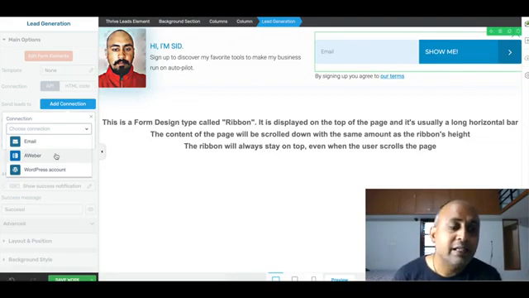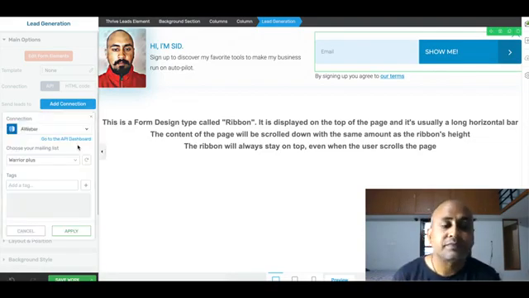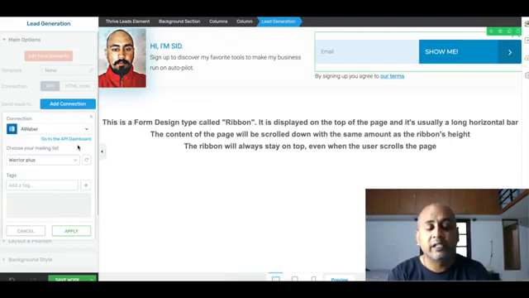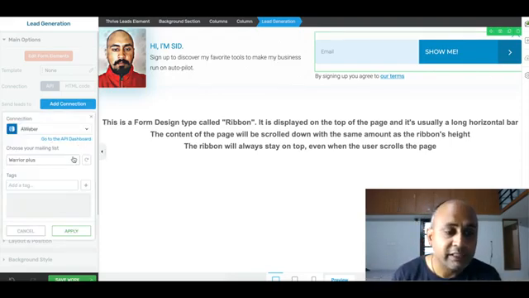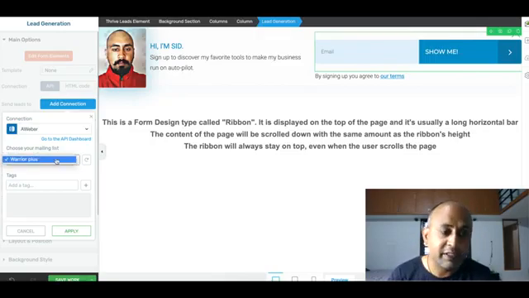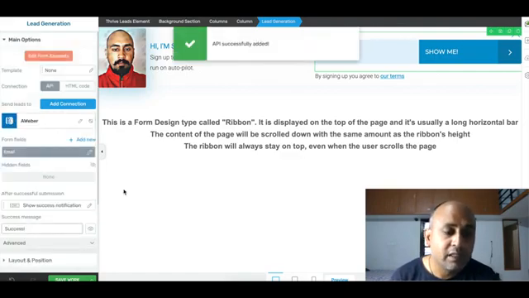So let it be the autoresponder Aweber. In a coming lesson, I will explain about Aweber and how to set this up. There is only one mailing list right now. I have kept it as Warrior Plus, and we will say apply. Okay, let's apply. So the API is successfully added.